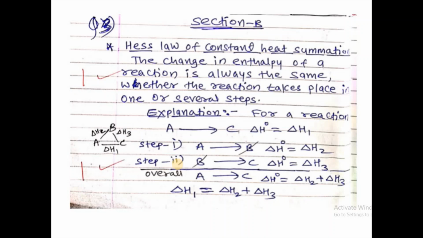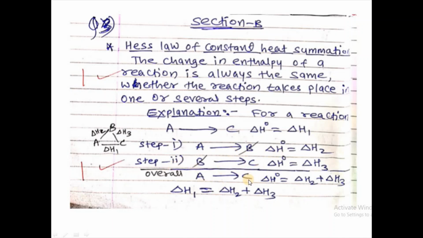The questions of the section B have 2 marks each, and question number 3 is, state and explain Hess law of constant heat summation. You have to write the correct law. The change in enthalpy of a reaction is always the same whether the reaction takes place in one or several steps. That means if the reaction is considered a conversion of A into C, it takes place directly, or it may take place in the step first A gives B and then B gives C, and we will